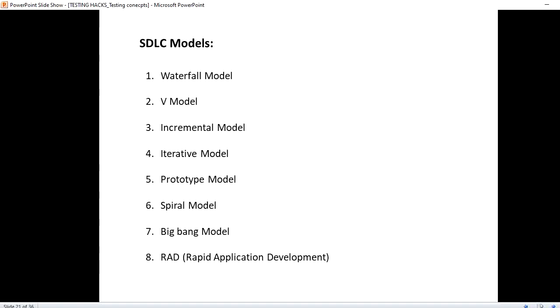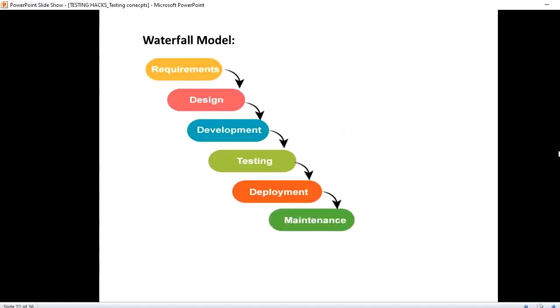The very first model is the waterfall model. When it comes to the waterfall model, you might see that the flow happens from each step to the next. That is why it is known as the waterfall model. The flow is like this: after collection of the requirements, the designing will be done. In the SDLC model, you might have seen this. If you have not watched that tutorial, please go back and check out the SDLC model.